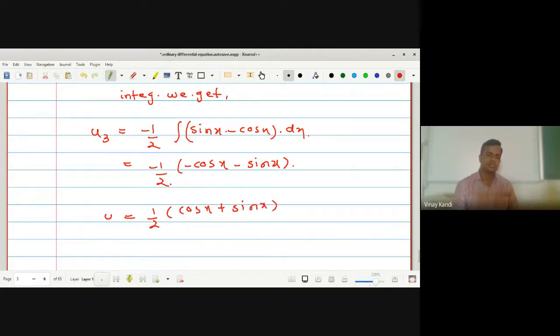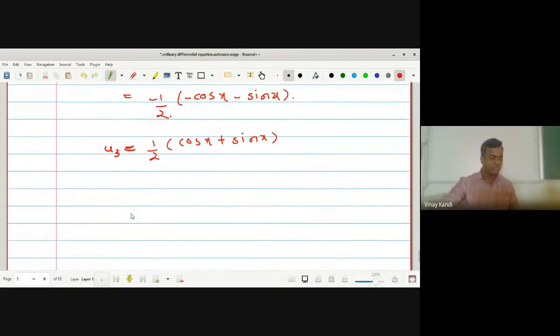So this is u3. Hence, equation 3 becomes